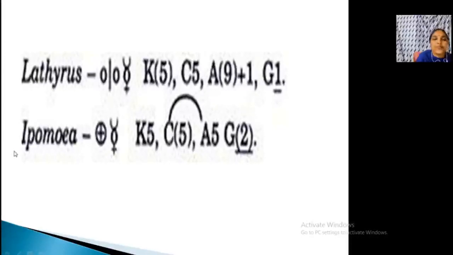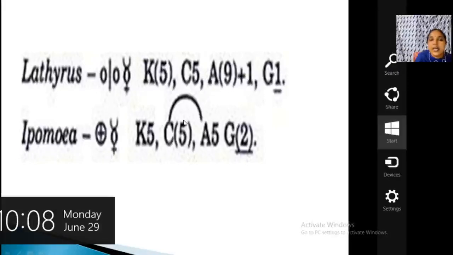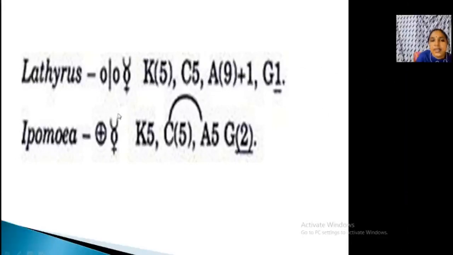Clear? Now, second one, see, what is the condition here? This is actinomorphic, a circle and a cross, bisexual. 5 sepals, corolla with 5 petals united, androecium with 5 stamens, and see, androecium is attached with the petals, epipetalous. So mark like this. Gynoecium with 2 carpels united, and below it is superior. Clear? If you get a floral formula like this, you have to explain it.